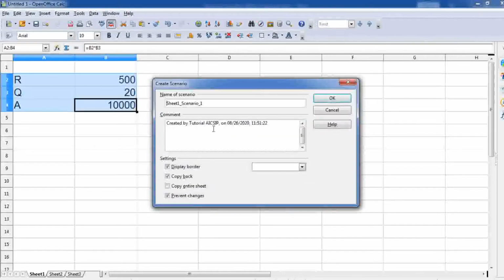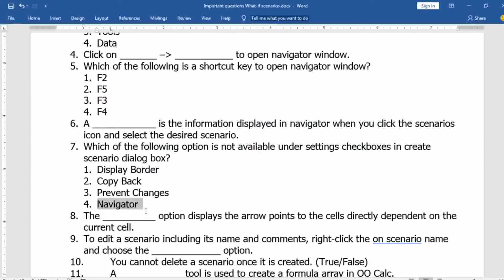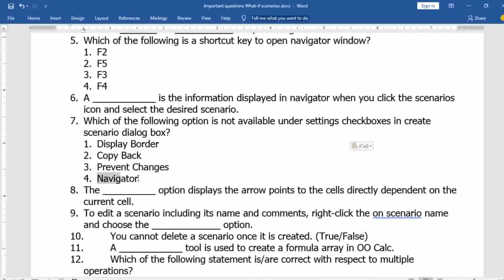These are the comments. Whatever information you want to provide, you can provide here, and you can write the name also. Here the options are display border, copy back, copy entire sheet, and prevent changes. So the navigator option is not available there. So I have said that navigator is the correct answer.